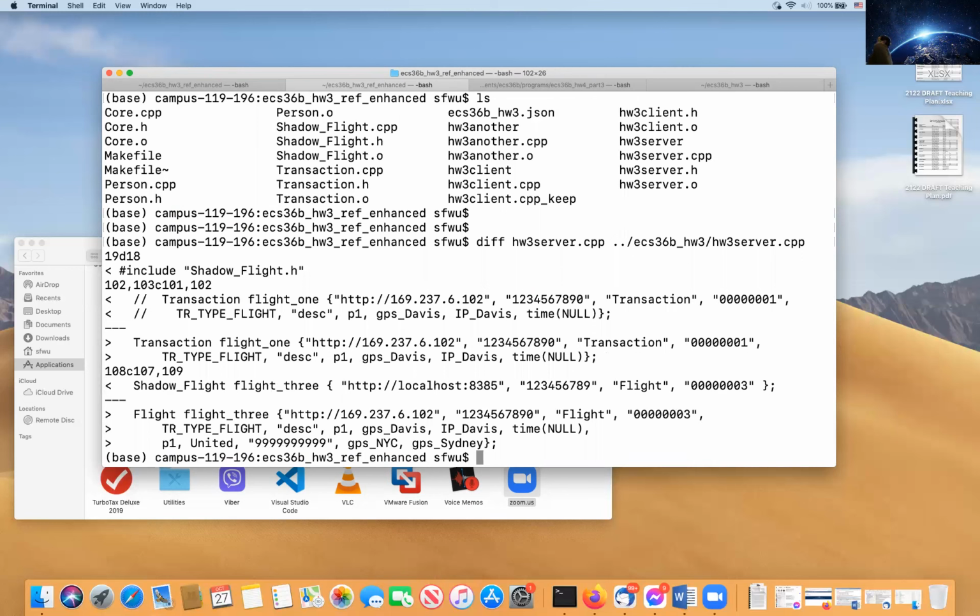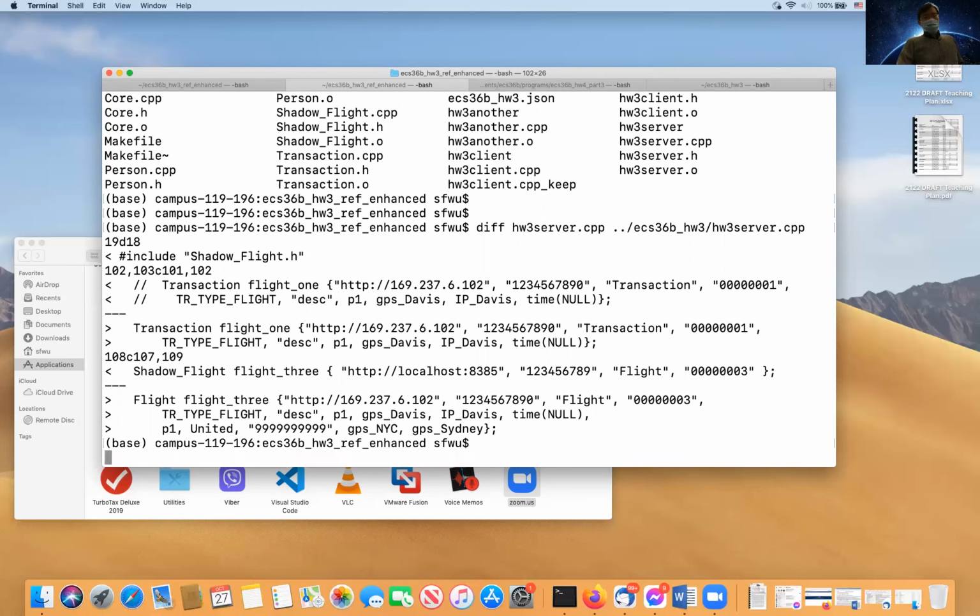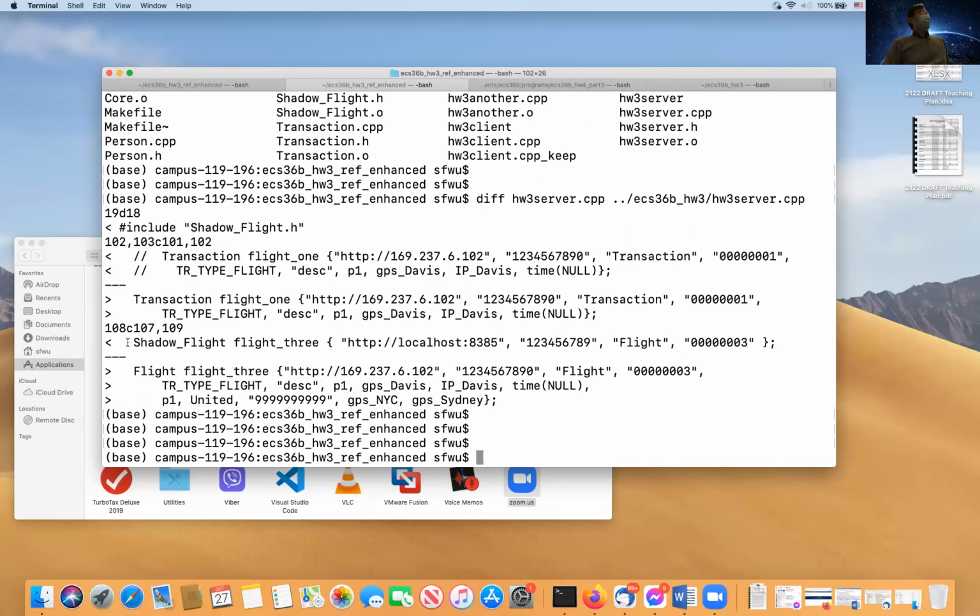Okay, this is HW3 server.cpp. I have to change it. And HW3 another is a new one, but I'll do another comparison. This is essentially the difference between the old version of HW3 another and the new version. So let's take the old version. The old version looks like this.